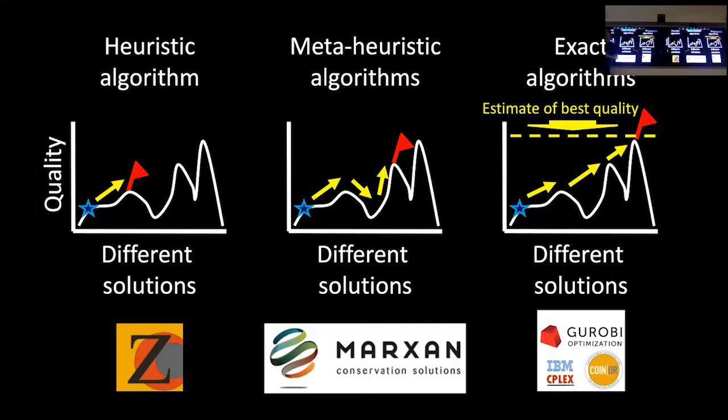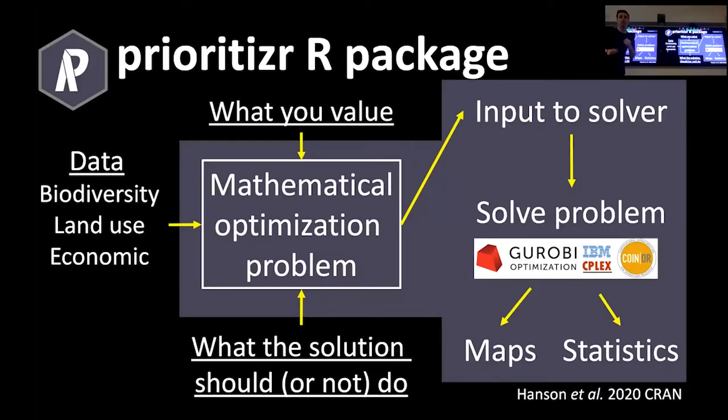So me and a bunch of other people thought exact algorithms sounded like they could be useful. We wanted to try and develop a tool that would help people use them more readily. So we developed an R package called the prioritizr R package. The general idea behind it was that you should be able to tell it your data, so your biodiversity data, your land use or economic data. You should be able to feed in your objectives, so what you really care about, the main metric by which you compare things, and then also have constraints.